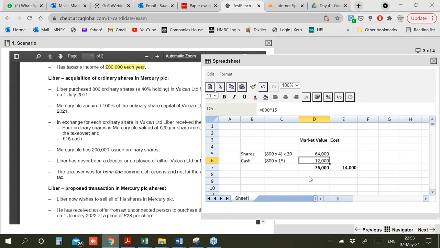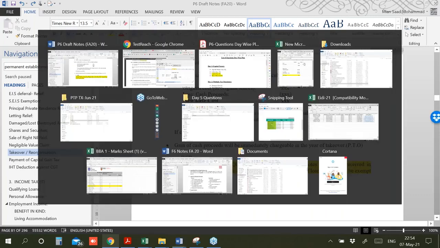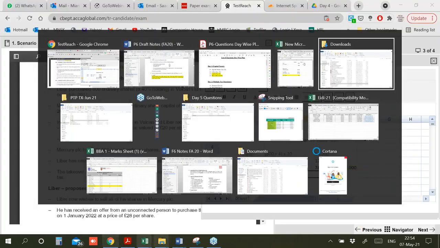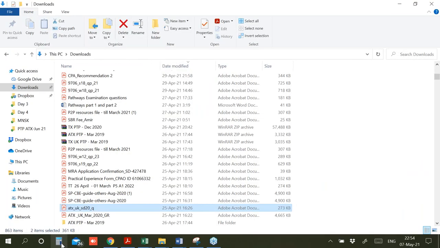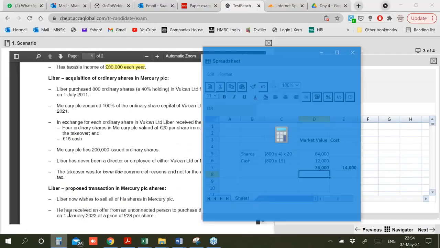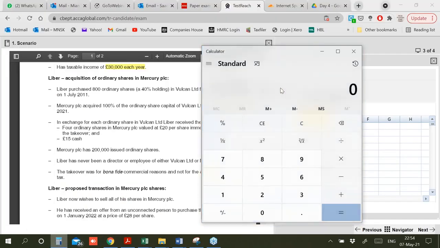For example, let's calculate cash first. My total proceeds are 76,000 and my cash is 12,000. So 12,000 divided by 76,000,